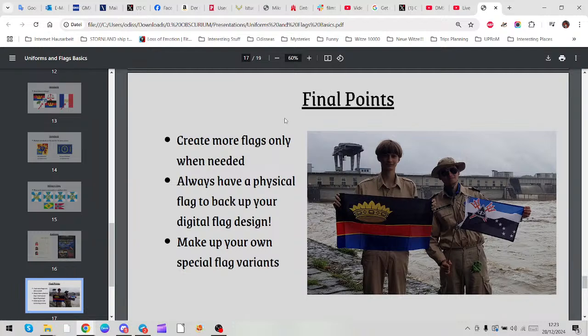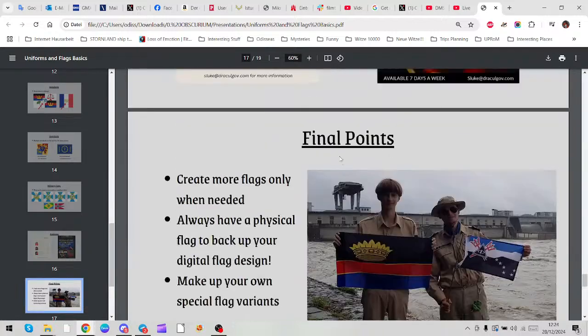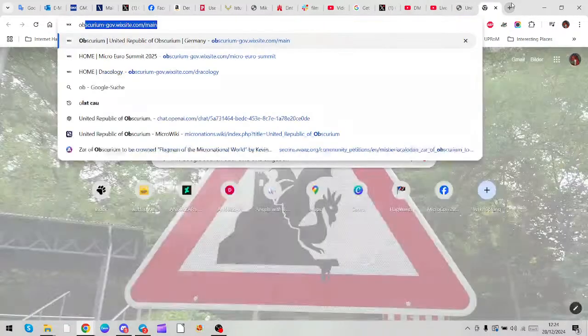That's also why it's good on a micronational level to have simple flags. I'm not talking about 3 stripers or 2 stripers. That's too simple. But if you keep your flag simple enough, you might be able to create the flag without even having to have it printed. You can sew it together yourself. Varonia, unfortunately, I don't have the flag right here. Well, I actually, as a matter of fact,